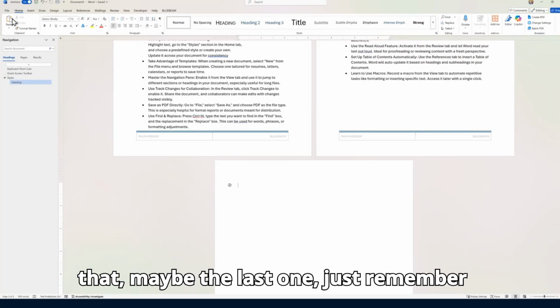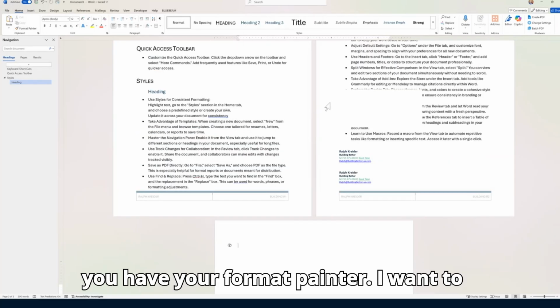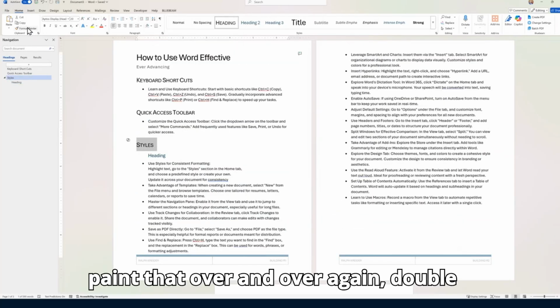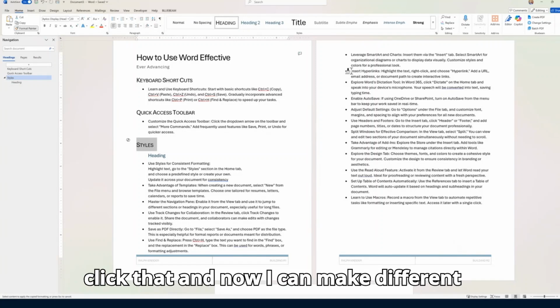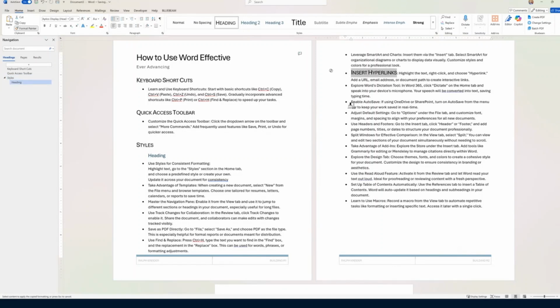With that, maybe the last one, just remember you have your format painter. If I want to paint that over and over again, double click that. And now I can make different things. My headings